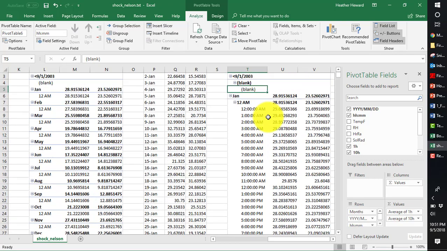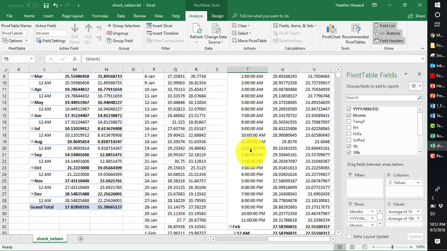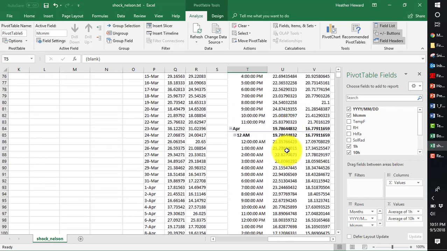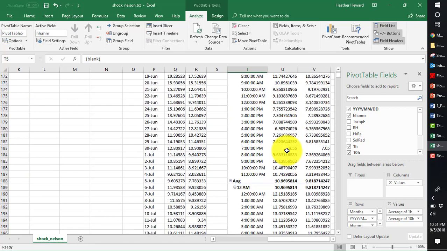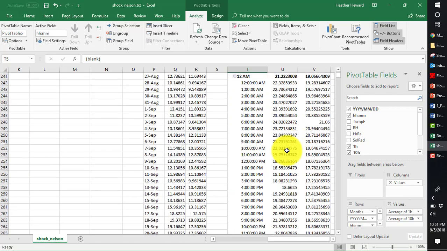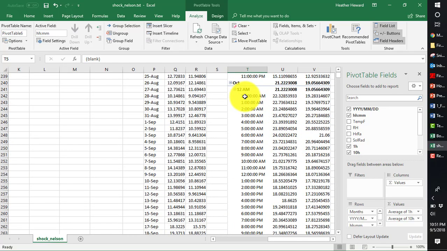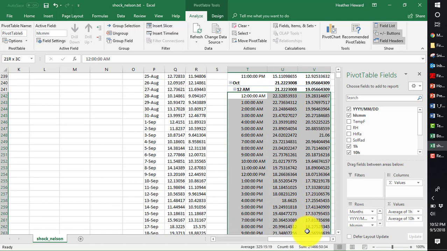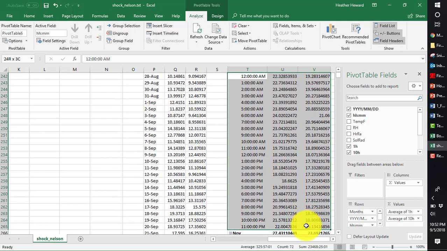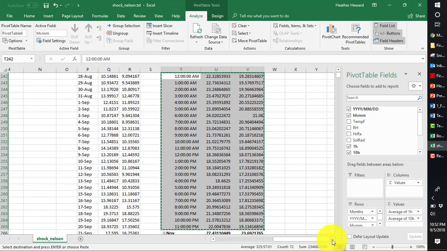Now I have by month the different fuel moistures by time. So I'm going to scroll down to October and I'm going to copy and paste these times and values